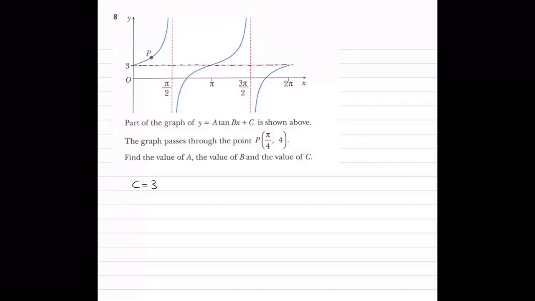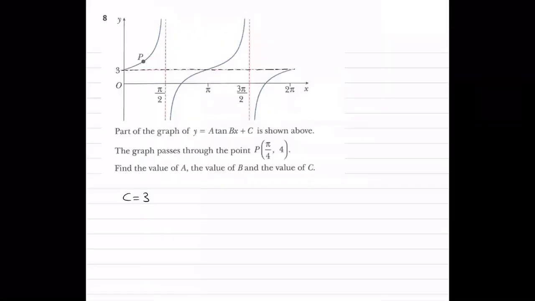Can you guys hear me properly now? Yes, sir. Yeah. So for the value of B, you always look at the asymptotes and see where one cycle is being completed. What is the difference in the asymptote from pi over 2 to 3 pi over 2? How much is the distance? Is it pi radians?